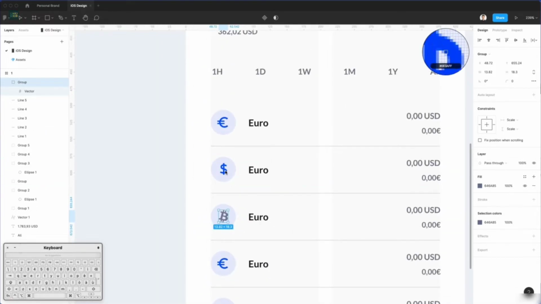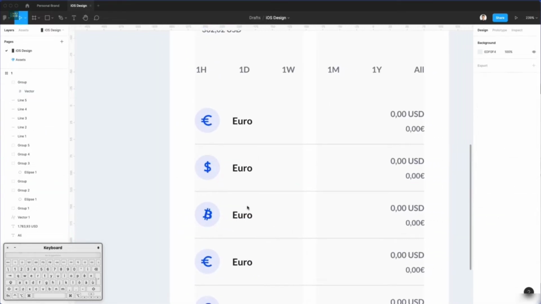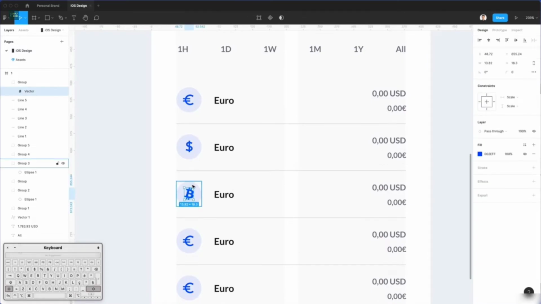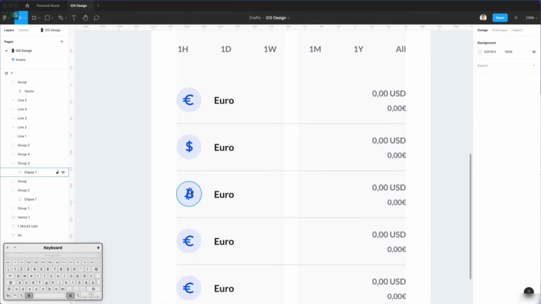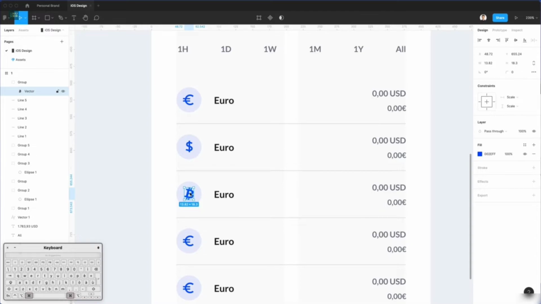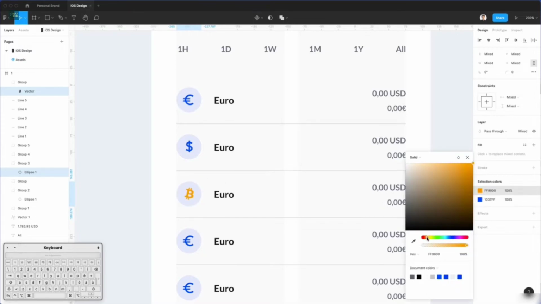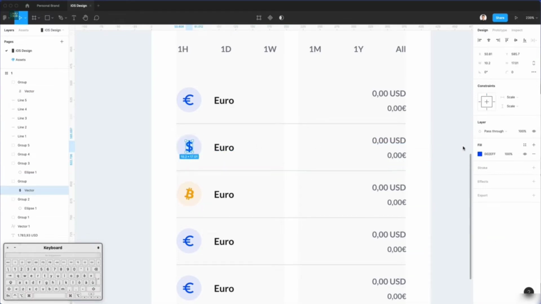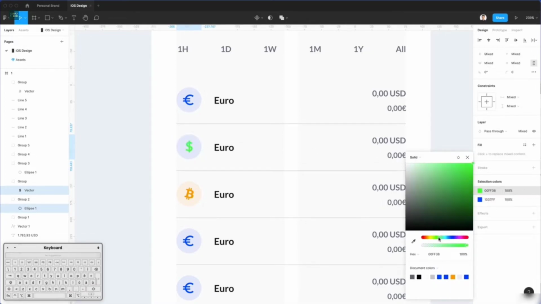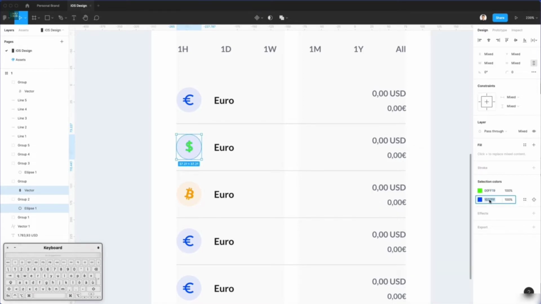Now it's time to change the different colors. So I'm going to select both this and this, or actually deep select by using Command and then Shift in order to select both these instances. And I'm going to make this one orange. I'm going to copy the same orange here, and let's do the same also for the dollars, which are going to be green. All right,